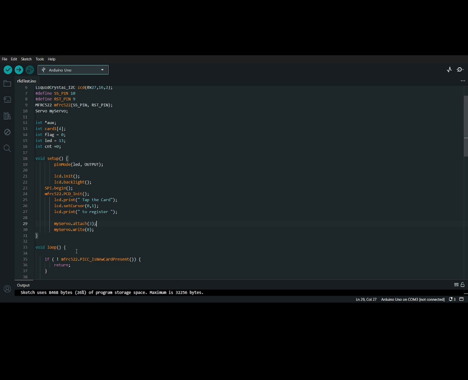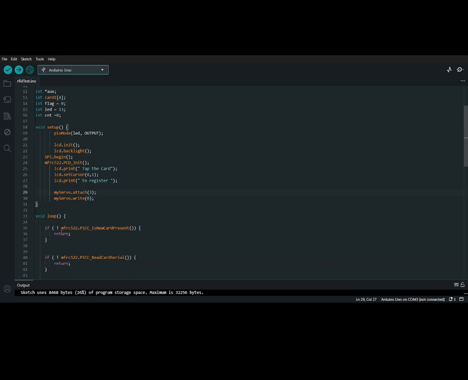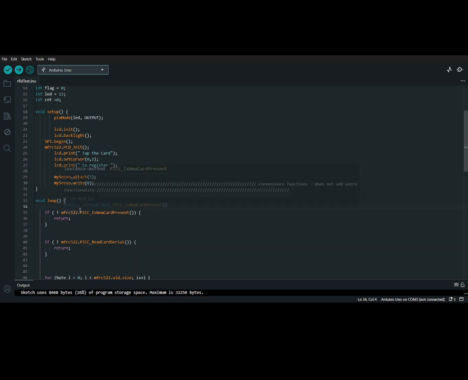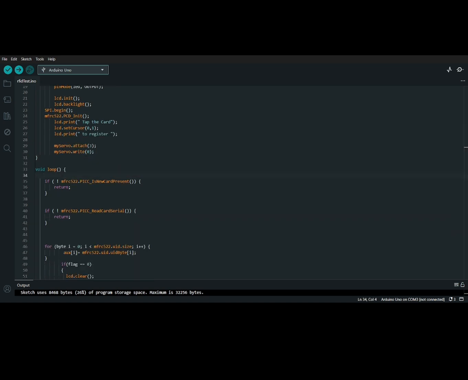Next, we have the void loop or the main loop. We have this if condition with MFRC522. This block of code is to check that the card is present and its UID is successfully read.